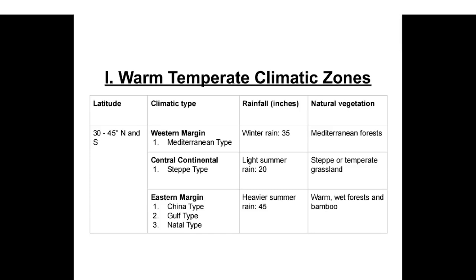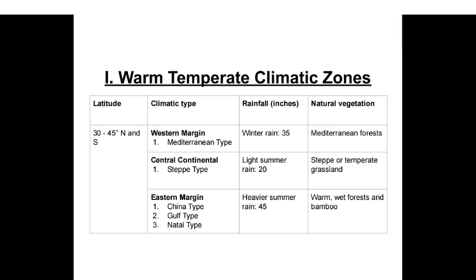The rainfall in the central continental steppe type is light summer rain, 20 inches, and the rainfall in the eastern margin China type, Gulf type, and Natal type is heavier summer rain, 45 inches. The vegetation in the western margin Mediterranean type is Mediterranean forests, and the natural vegetation in the central continental steppe type is steppe or just temperate grassland. The natural vegetation in the eastern margin China type, Gulf type, and Natal type is warm wet